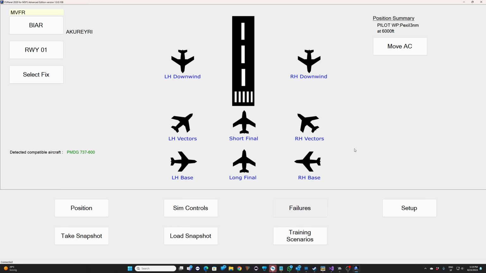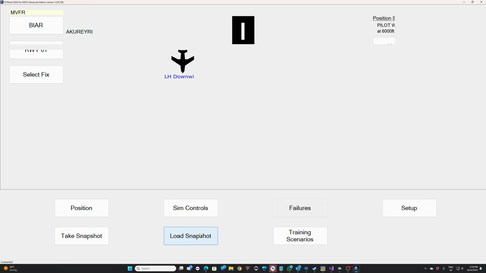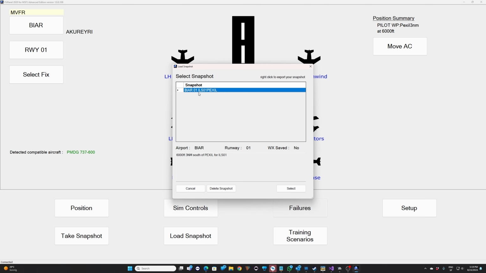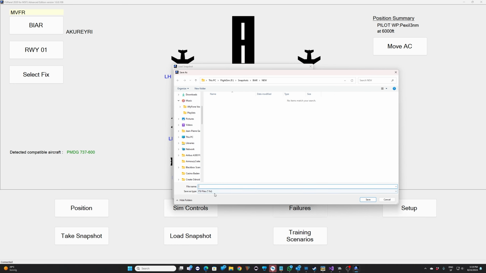We are in FSiPanel, and I click on Load Snapshot. I find my snapshot again right there. You see that note right here. Right-click to export your snapshot. So let me do that. And now I'm going to put